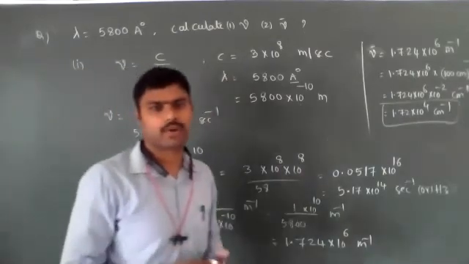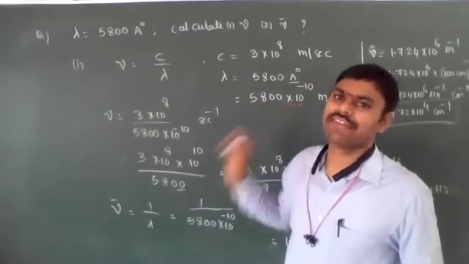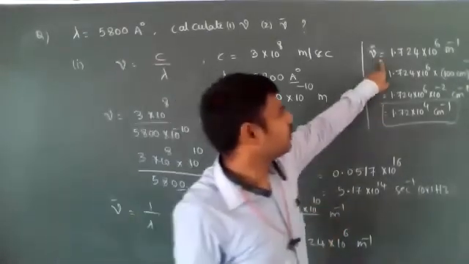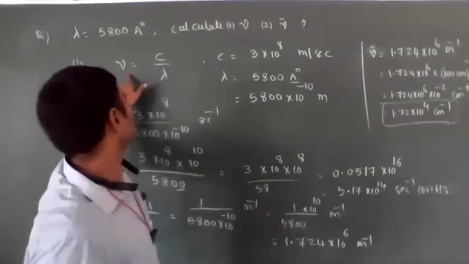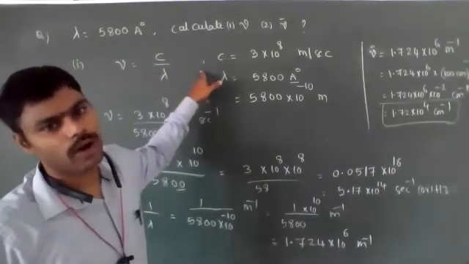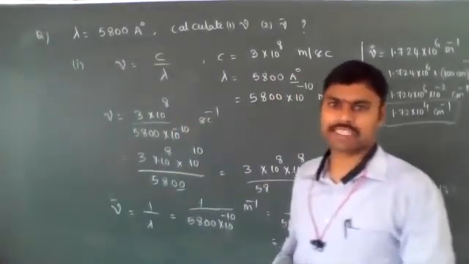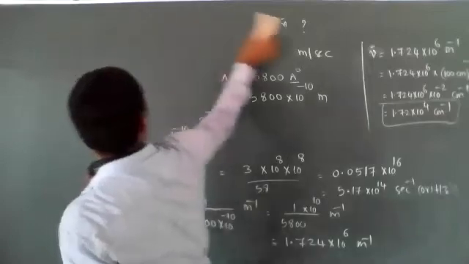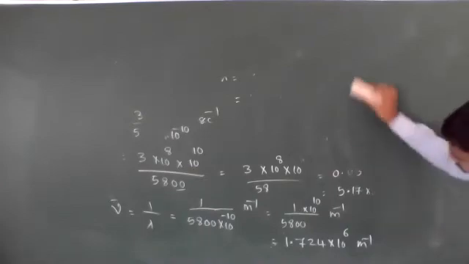So these are some different problems related to calculations of frequency, wave number as well as wavelength, because frequency is directly proportional to wave number and inversely proportional to wavelength. We have the relations nu is equal to c by lambda, and nu is equal to c into nu bar. Related problems are all very important for subjective as well as objective examination. Okay, let's see the next important theory, the nature of light, regarding the corpuscular theory.